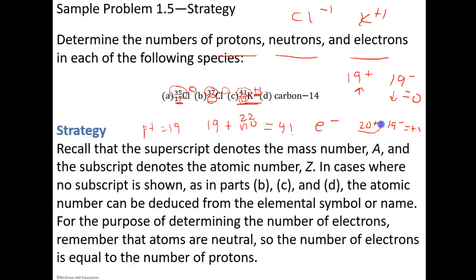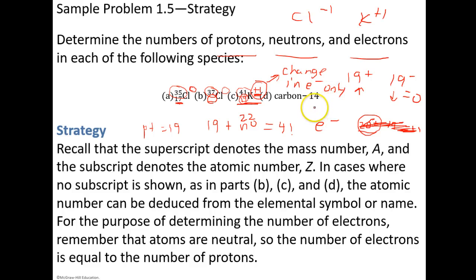However, 20 protons would imply what? That I have changed the element. We are no longer talking about potassium, we'd be talking about calcium. So I cannot add to the number of protons and just say I have 19 electrons. This is incorrect. Charges, this is very important, the charge comes from the change in electrons only,